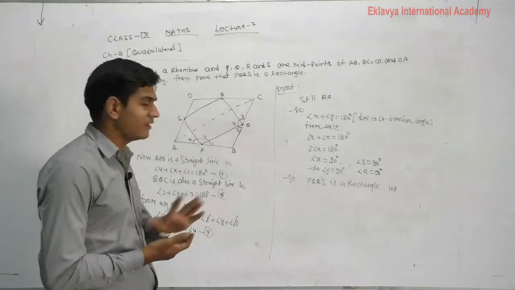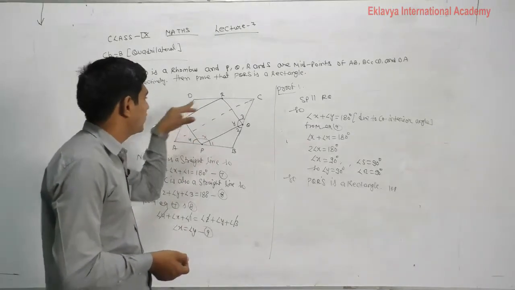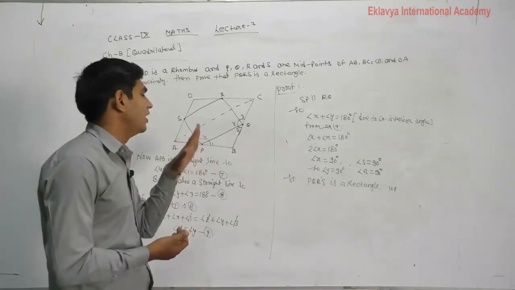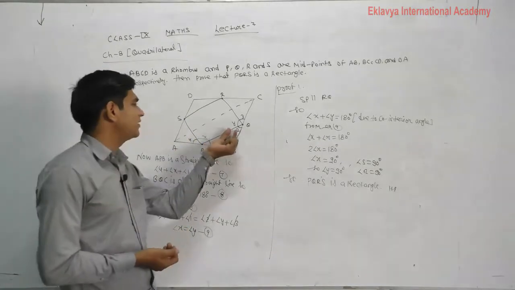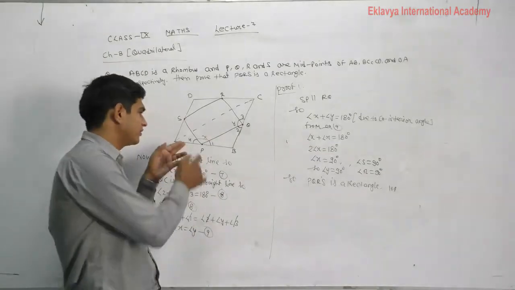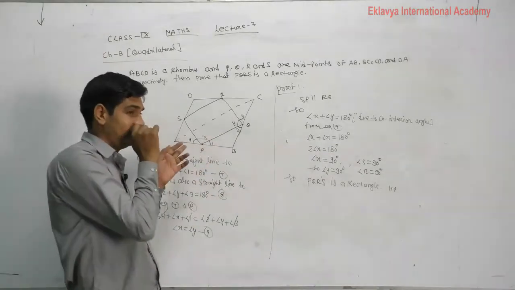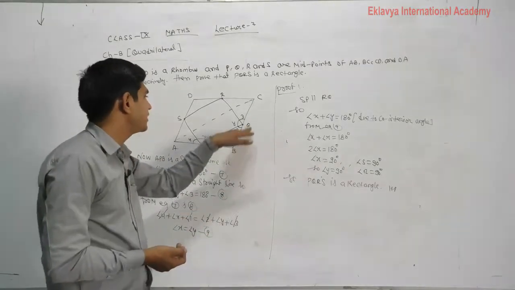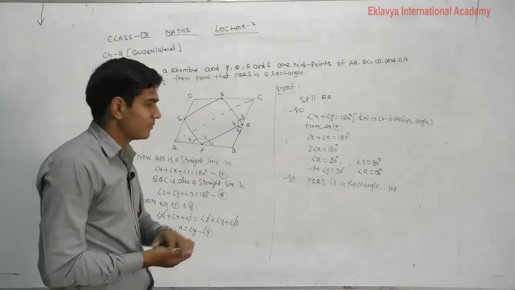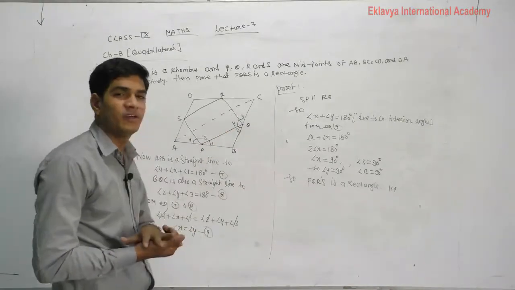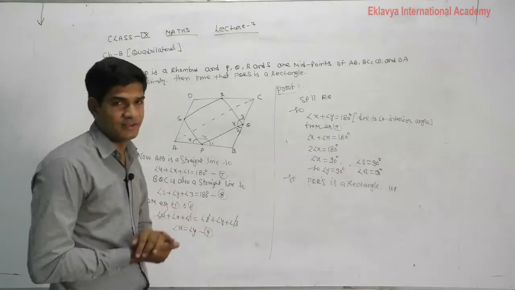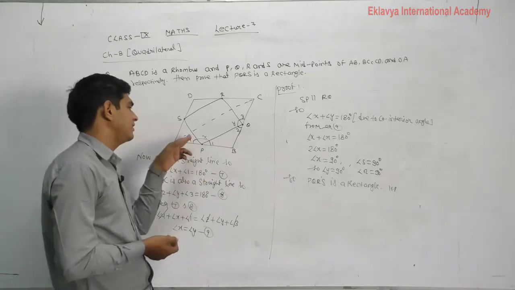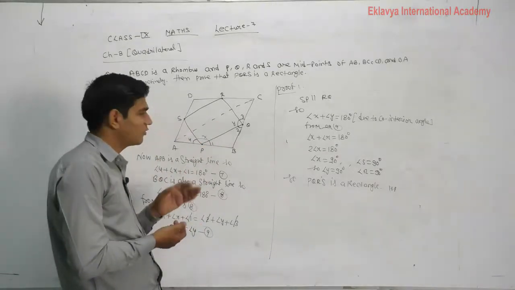So how we will prove? Again, listen. First of all, PQRS को क्या prove किया है? Parallelogram. After proving the parallelogram, we want to prove that angle 1 is equal to 2 and 3 is equal to 4. Because APB is a straight line, the sum of all angles is 180 degree. BQC is again a straight line, so the sum of all angles which are forming on that straight line is 180 degree. So आपने angle 1 को 2 के इक्वल प्रूफ किया. नेक्स्ट यूजिंग कॉन्ग्रेंसी एंगल 3 को किसके इक्वल पुट किया? 4 के इक्वल पुट किया.